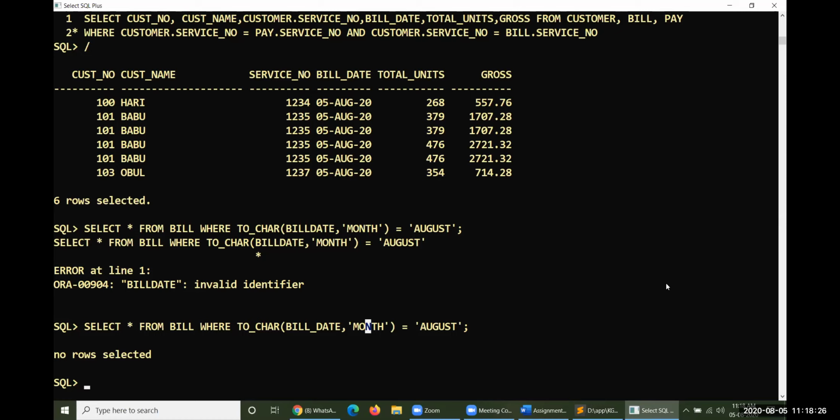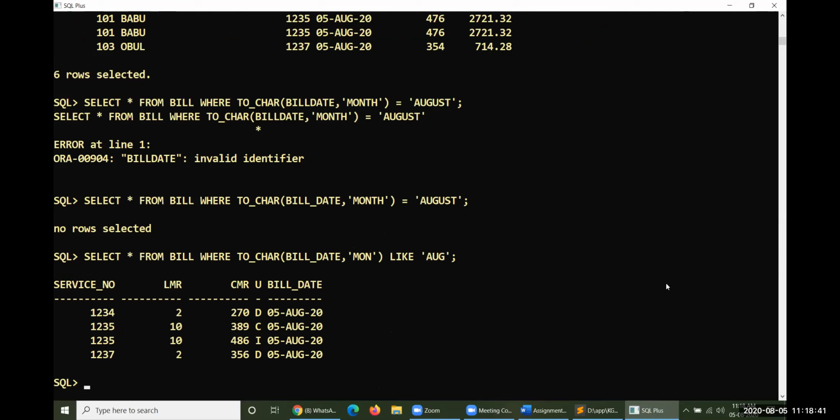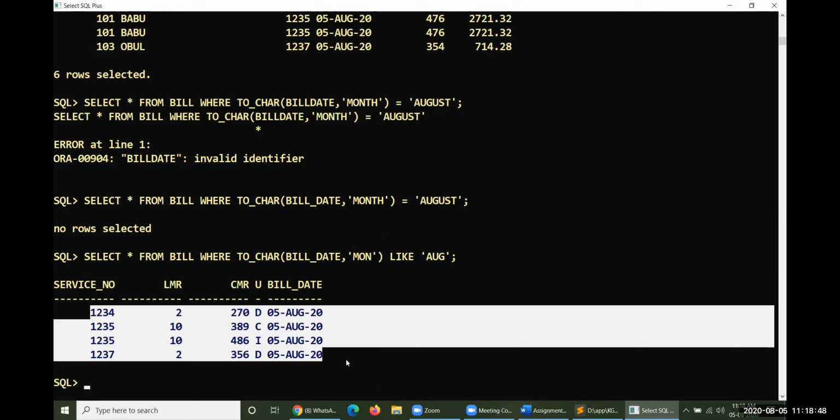Otherwise, we'd like to take MON, like AUG. It is a better way to display it. Okay, these are the people. All people paid their bill in August only.